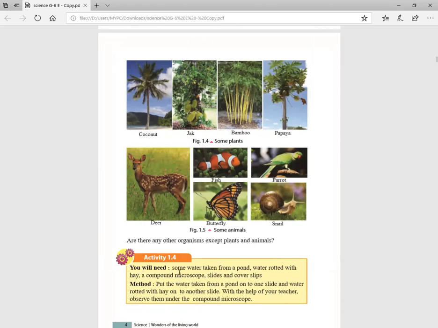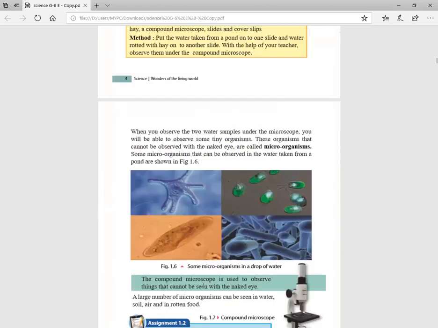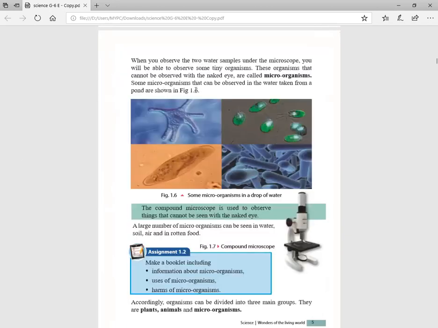You will need some water taken from a pond, water with rotten hay, a compound microscope, slides and cover slips. Method: put the water taken from a pond onto one slide and water with rotten hay on another slide. With the help of your teacher, observe them under the compound microscope. When you observe the two water samples under the microscope, you will be able to observe some